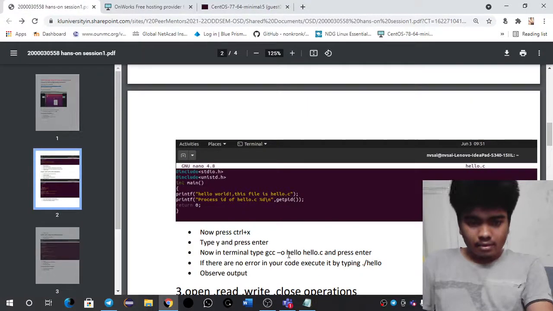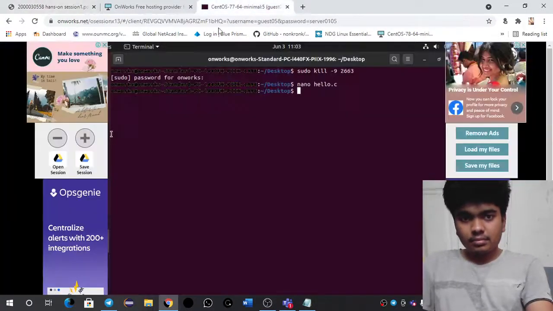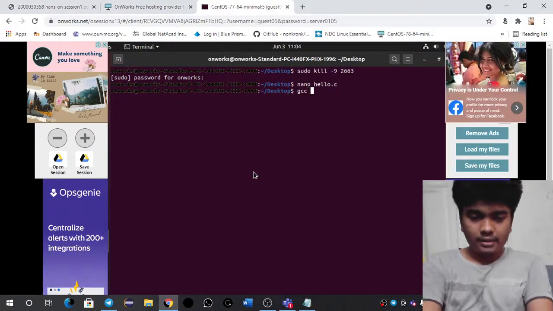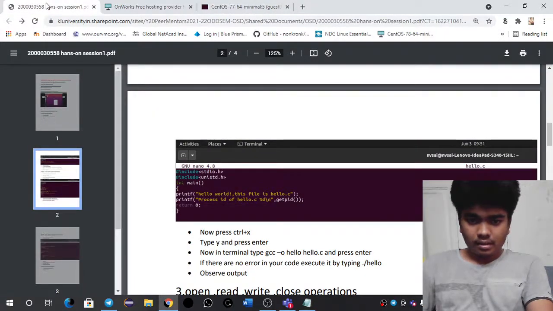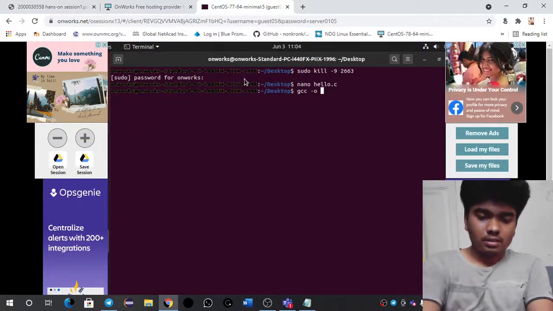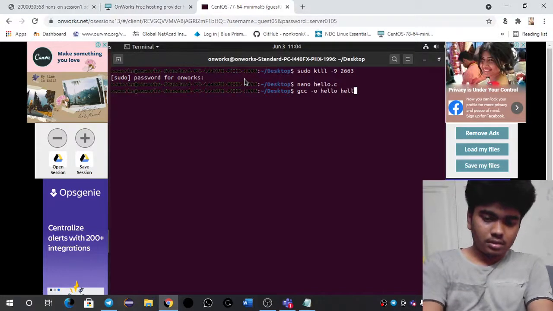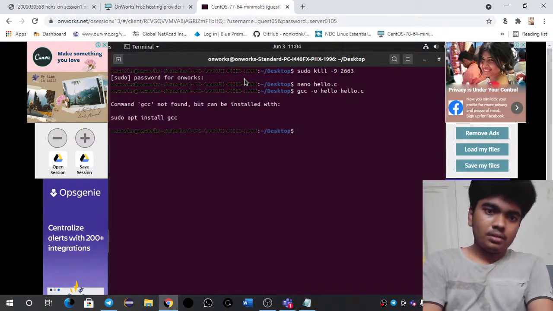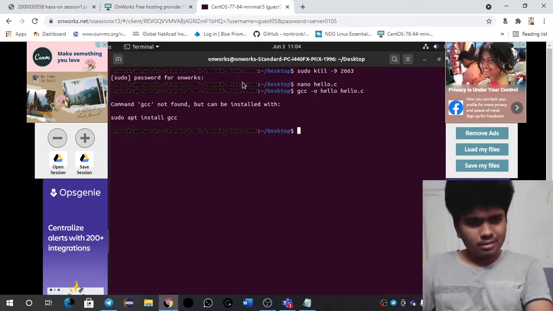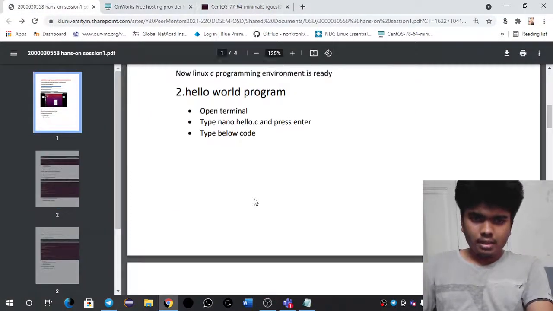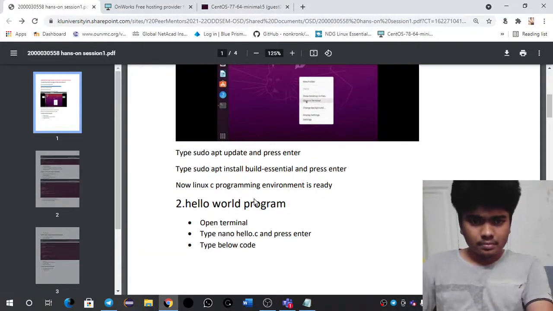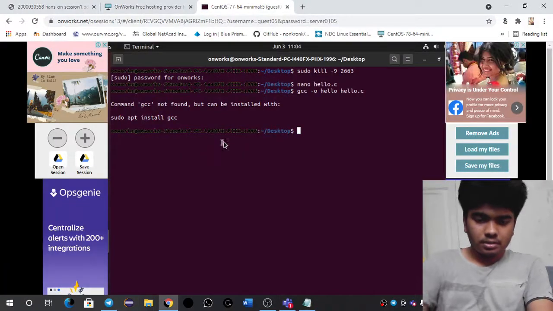In this terminal we need to write one thing: gcc -o hello.c. So I am compiling this. But what is this? It says sudo apt install gcc. Okay, I think I need to install this once again. So sudo apt install